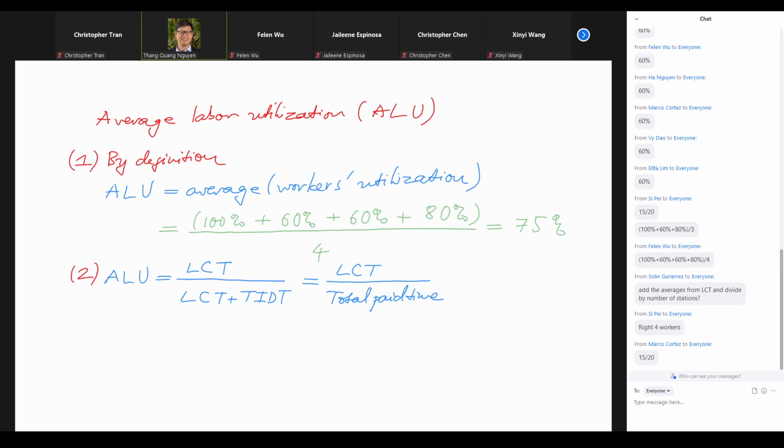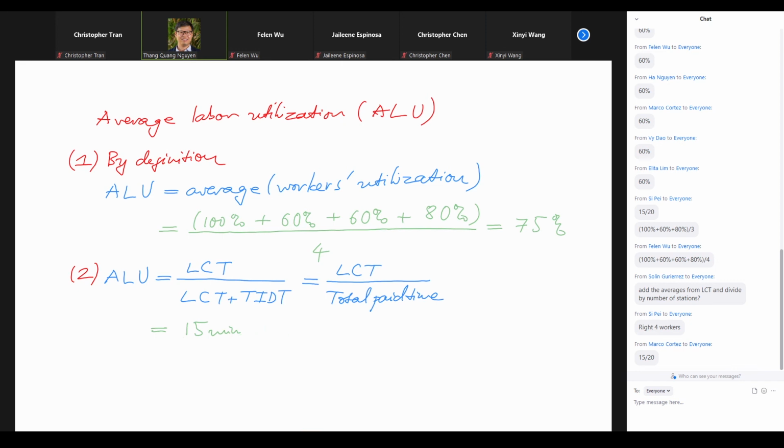Because the total paid time is the total of how much work is required and how much time is idle, right? How much time the workers actually work plus the time that they do not work. So that's the total paid time. If we take the labor content divided by the total paid time, then we can also find the average labor utilization, right? So in terms of the numbers, we take the labor content, which is 15 minutes per car, and we divide that by,